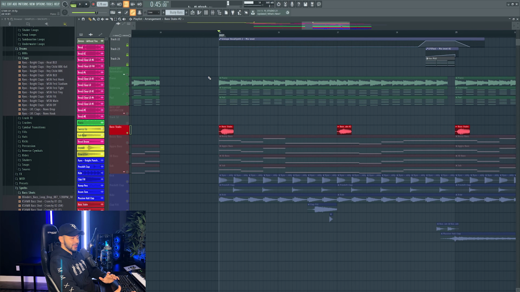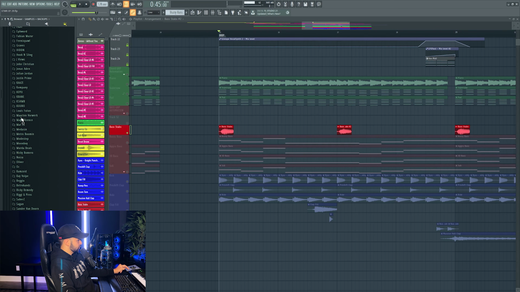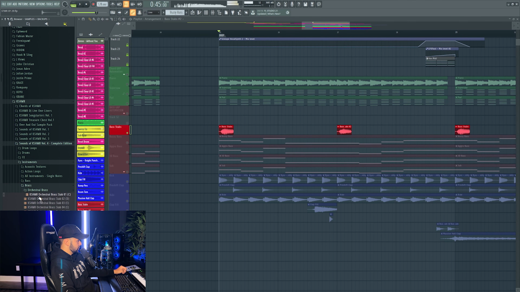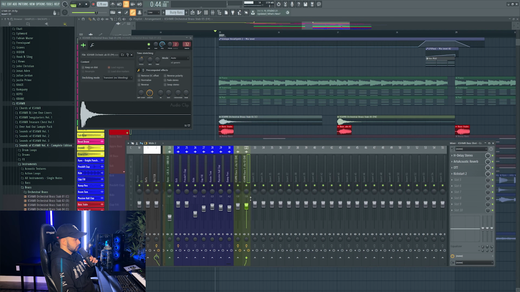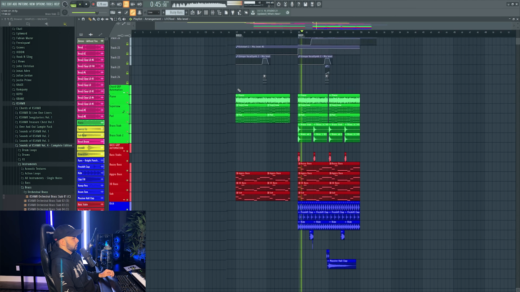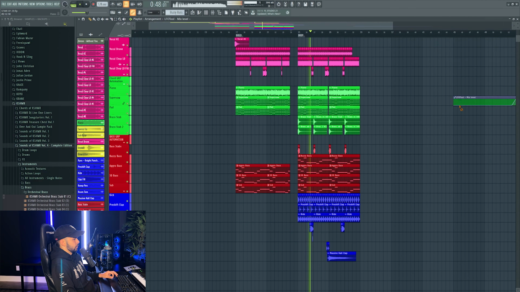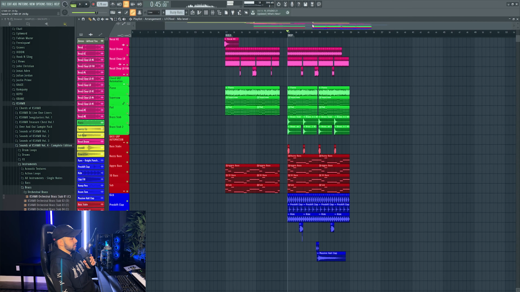Now, just because I'm curious, I do want to try some brass stabs as well. These bass stabs do sound great. I think I'm going to keep them in there. But yeah, let's try some quick brass stabs as well. For the processing, I'll just copy over the same processing that we used for the bass stabs. Yeah, so it's subtle, but it's a nice little background element.